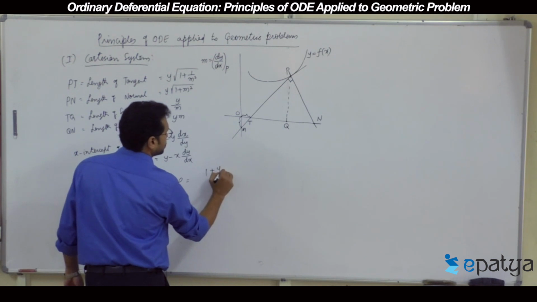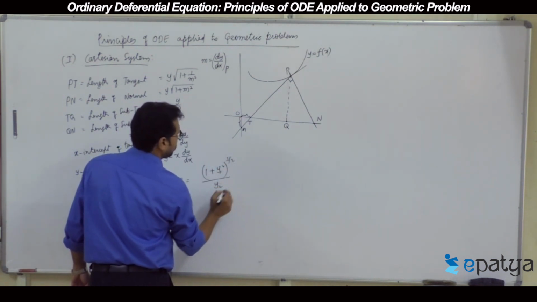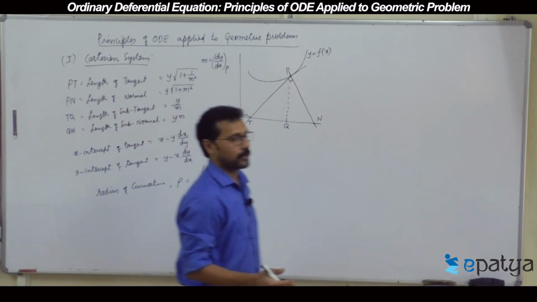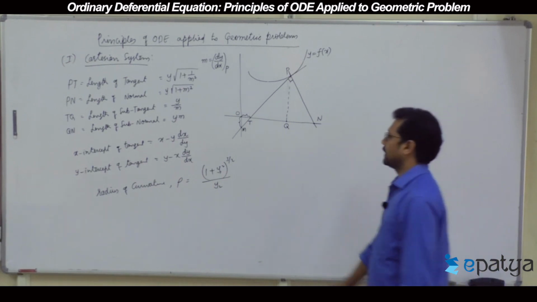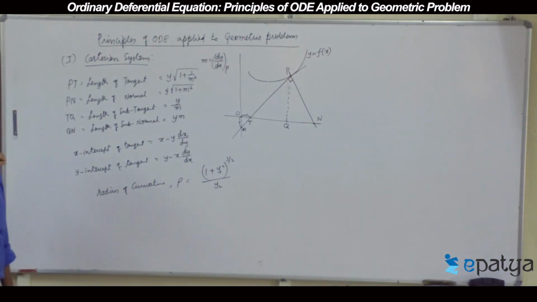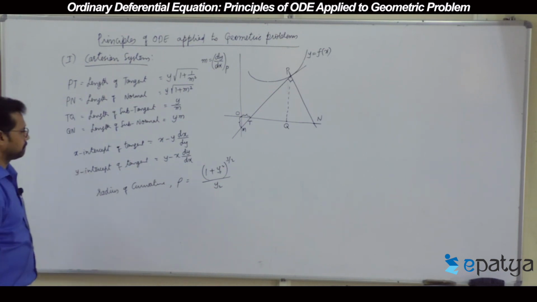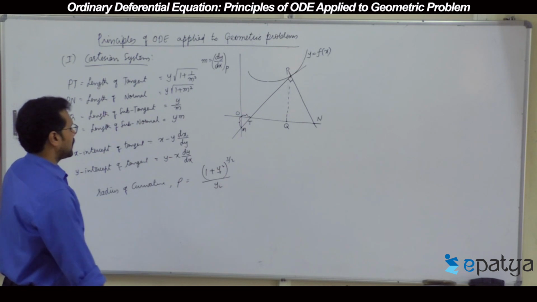1 plus y1 square whole power 3 by 2 by y2, where y1 is the first derivative at the point P, y2 is the second derivative at the point P. At a given point, these are all about any given point P. Okay. And one last thing,